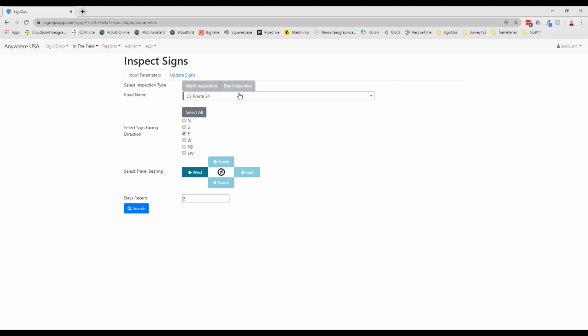First, I'm going to select whether this is a night or day inspection. I'll select day inspection. Here it's going to ask for the road name. I'm going to select US Route 24. I want to select all the signs that I have on US Route 24 facing east as I travel west